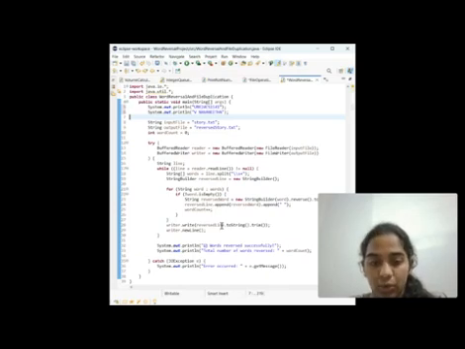We create three counters: character count, word count, and line count. These will store the total number of characters, words, and lines in the input file. We use a scanner to open the input file. The code reads the file line by line using a while loop. For every line it reads, it increases the line count. It adds the number of characters in that line using line.length, and it counts the number of words by splitting